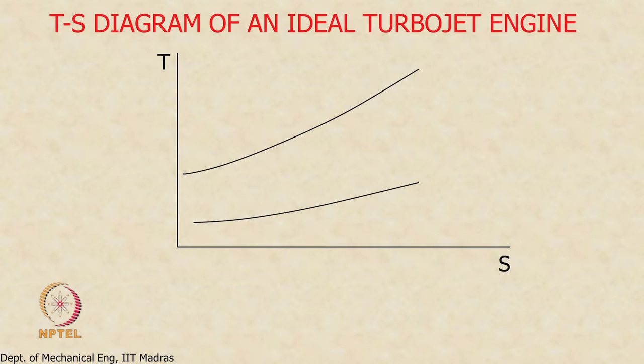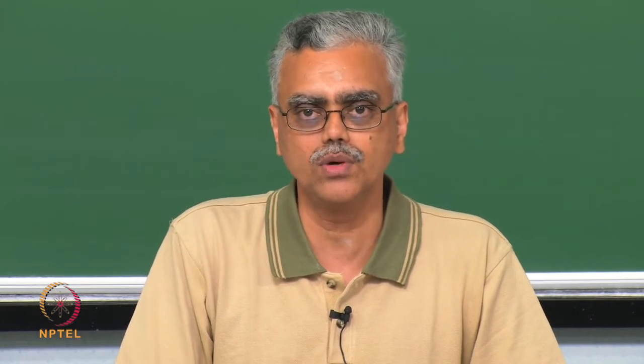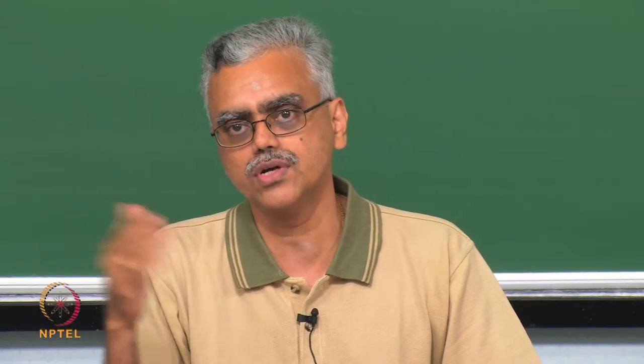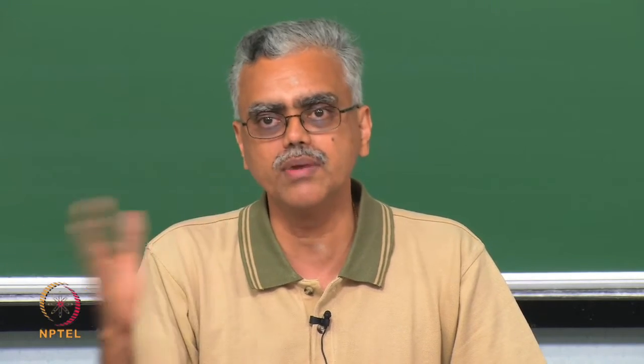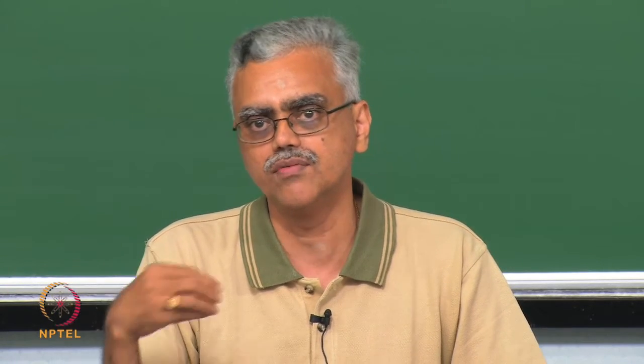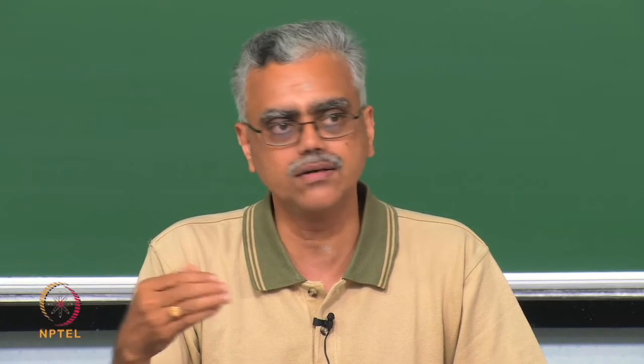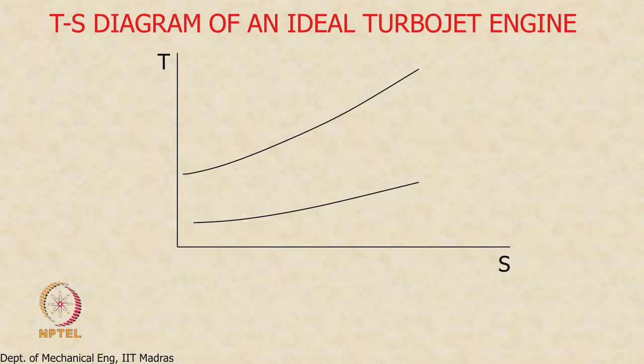So let us start with the basic turbojet cycle. So we are going to start with the TS diagram of an ideal turbojet engine. What I mean by ideal is that losses are neglected. We will take losses into account later on when we do a component by component analysis. We will come up with a metric for the losses, or we will define an efficiency and take losses into account that way. For now, we will look at an ideal engine, because the principles and the important ideas are easier to understand from an ideal cycle.